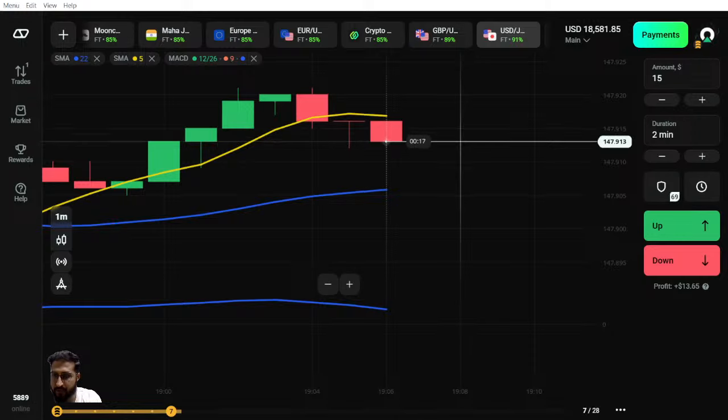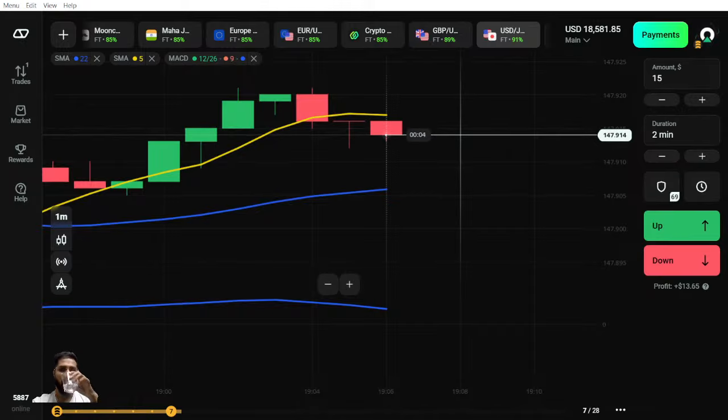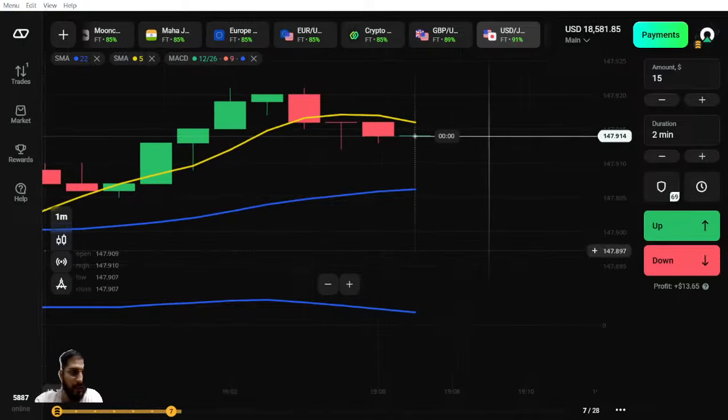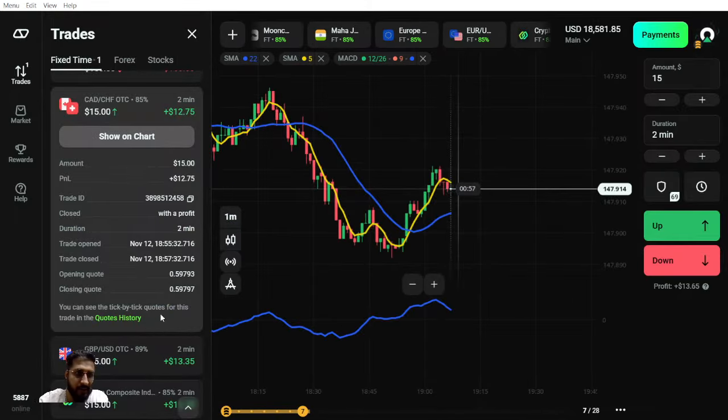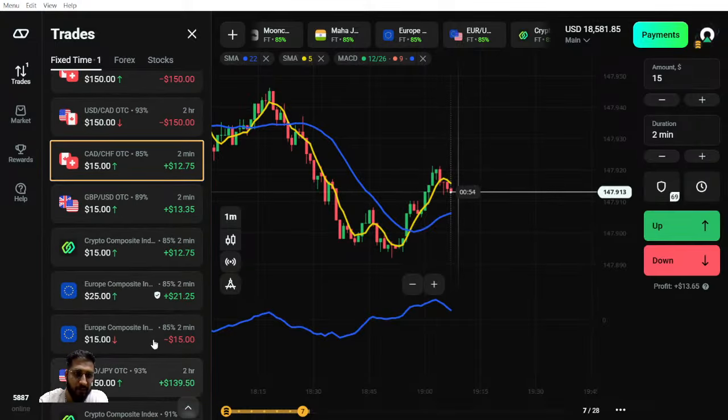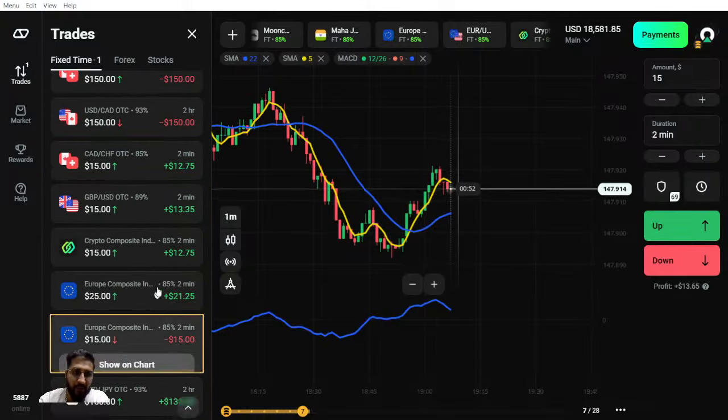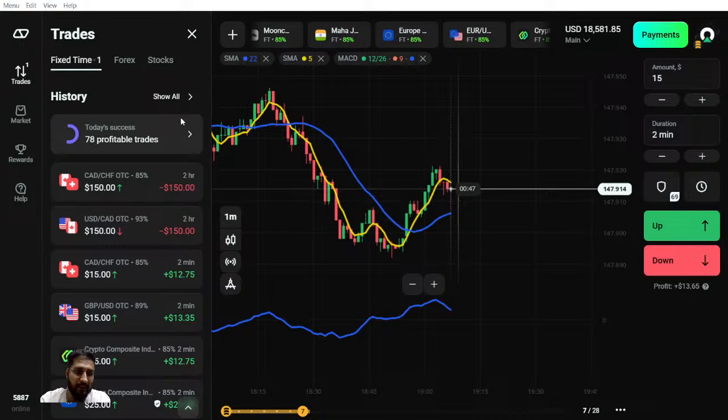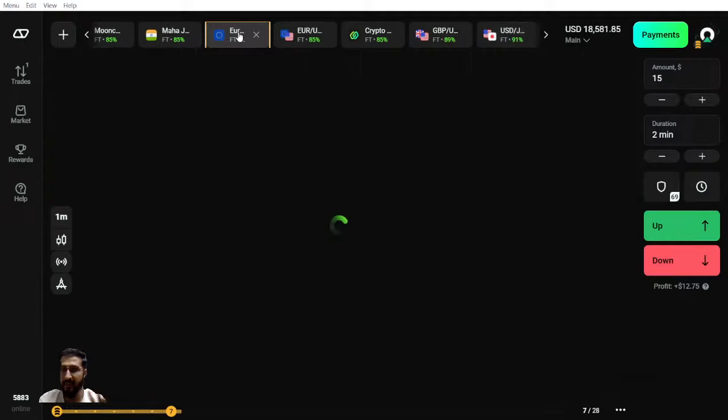Okay, just give me a second. Okay, what is the result which you placed? So I have taken a couple of trades, and the majority of them were positive. One trade was negative. So far we have taken 5 trades on the basis of this strategy. One was negative, 4 were positive. These are the 2 trades which I took before the session, so we will not be considering those.